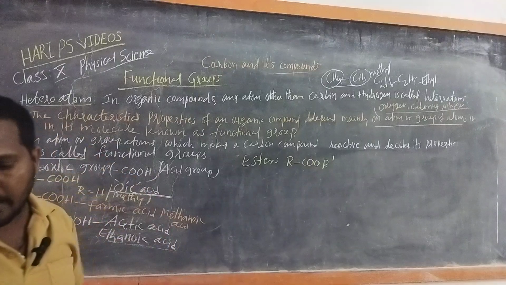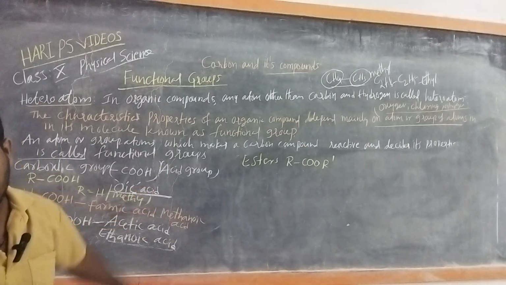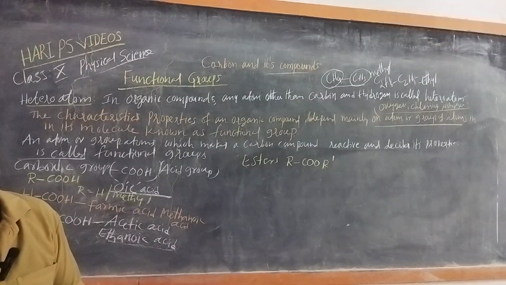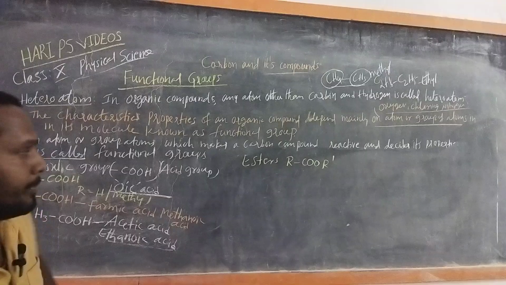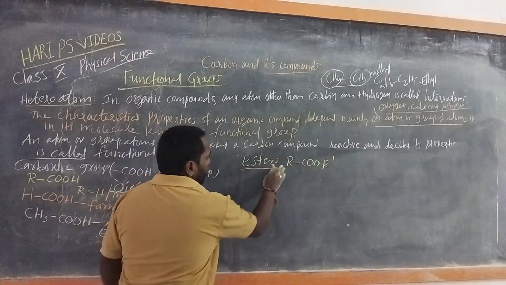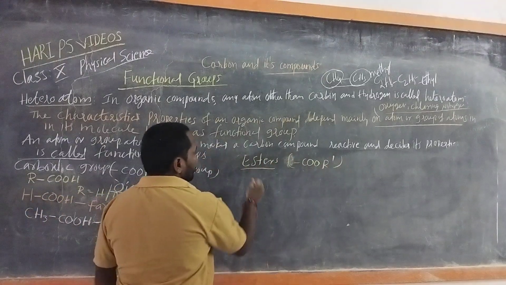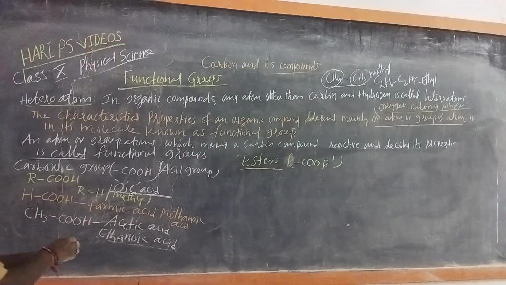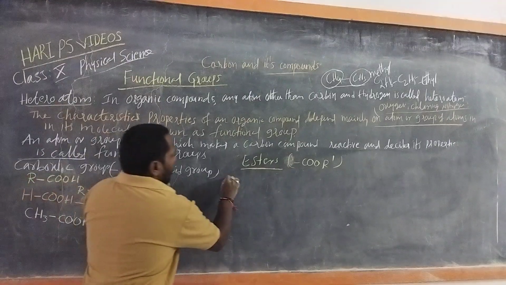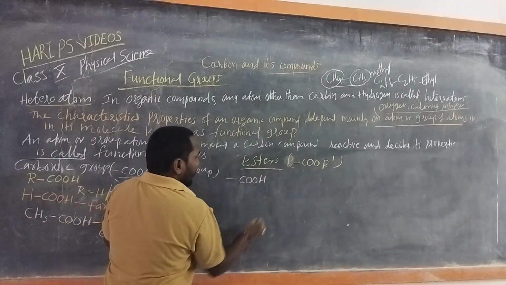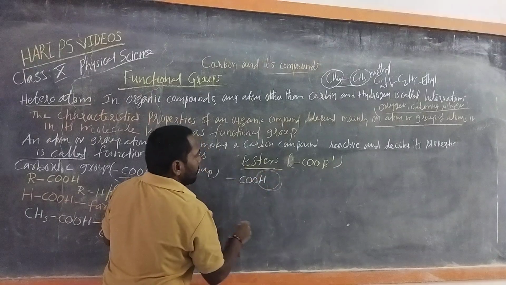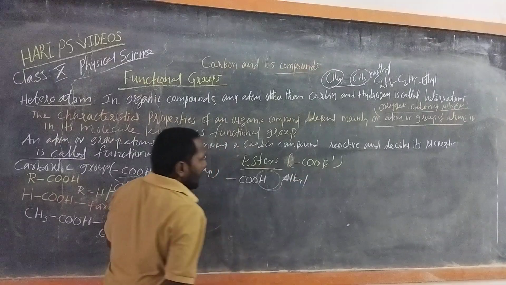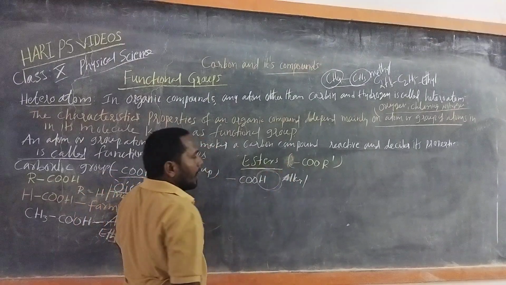These compounds are derived from carboxylic acids. If the hydrogen atom of COOH gets replaced by R, then the alkyl groups are obtained. Esters are obtained from this carboxylic group. In place of the hydrogen in the carboxylic group, if it is replaced by a methyl or alkyl group, then esters are obtained.